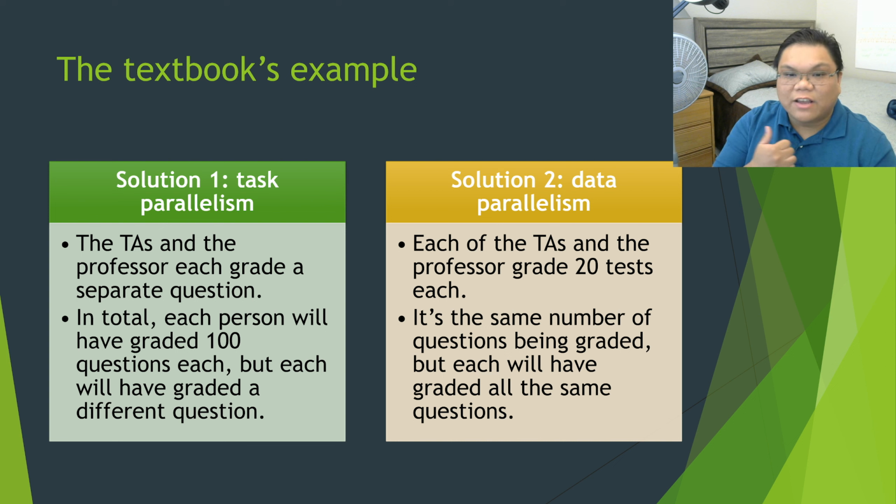There are considerations to either of these approaches. For example, you gotta make sure everything's divided, because in the absolute worst case, one grader has 96 tests to grade and the others have only 1, that's a waste of time. Speaking of time, some graders may finish faster than the others. Now what?